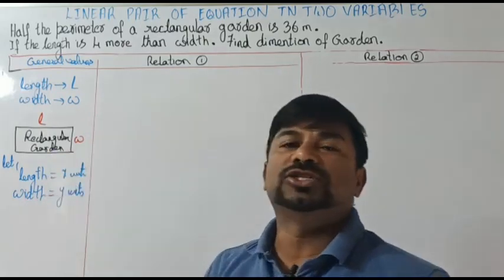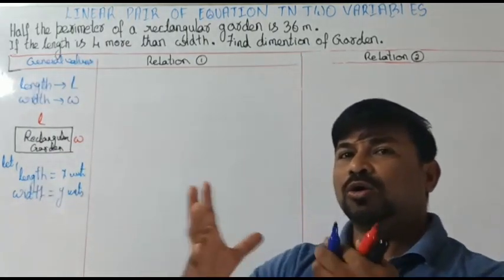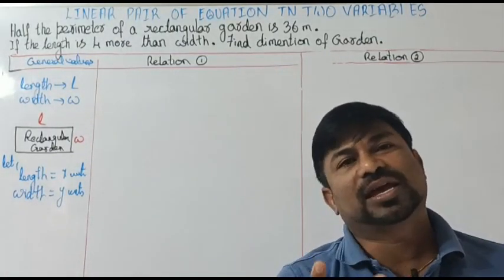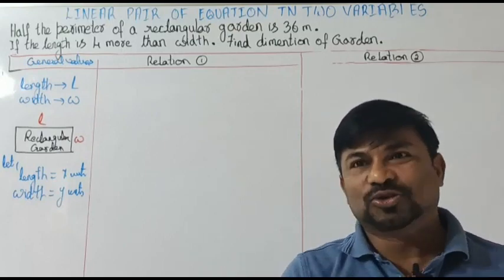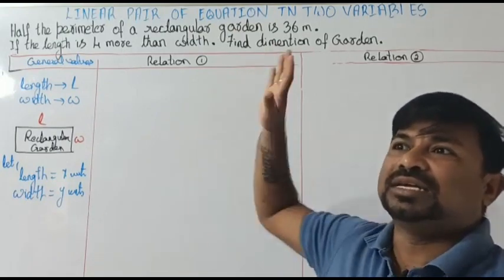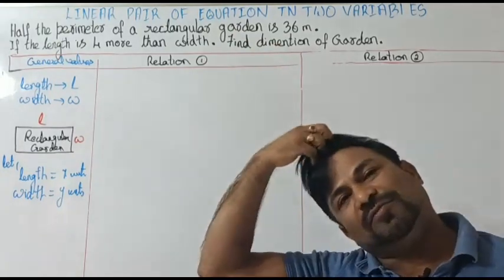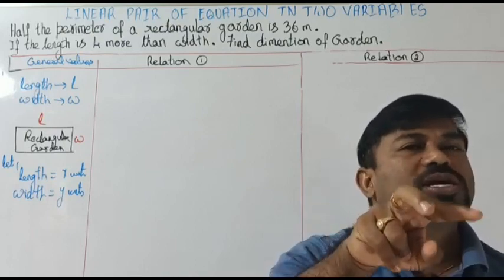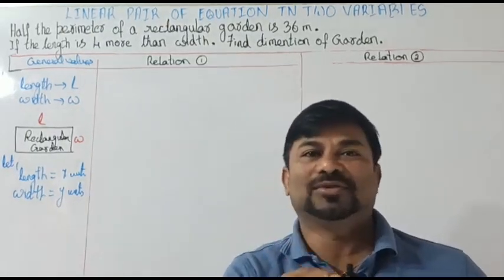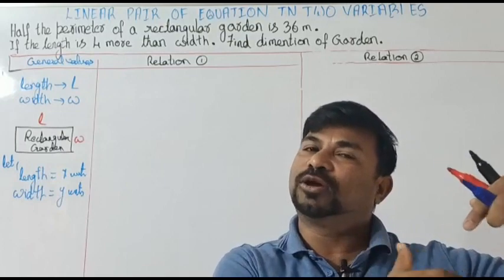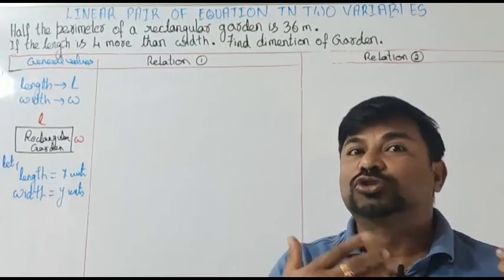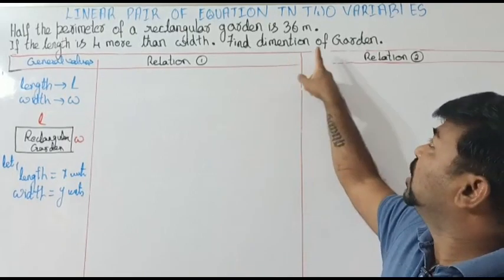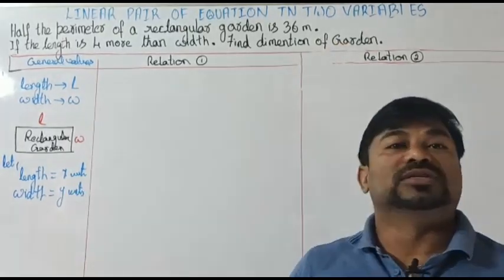So these are the dimensions we are having. Length and width. How many unknowns are there? We have two unknowns. As we have two unknowns, and as the topic itself says linear pair of equations, we are supposed to search for two equations here. We have to set up a linear pair of equations so that we can solve. If you solve it with any of the different methods you have, we will be able to get the dimensions. What is the length and what is the width?